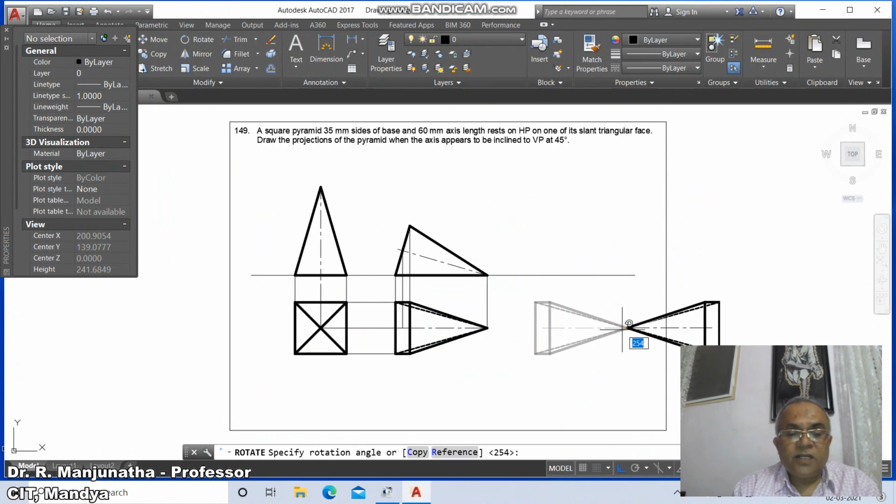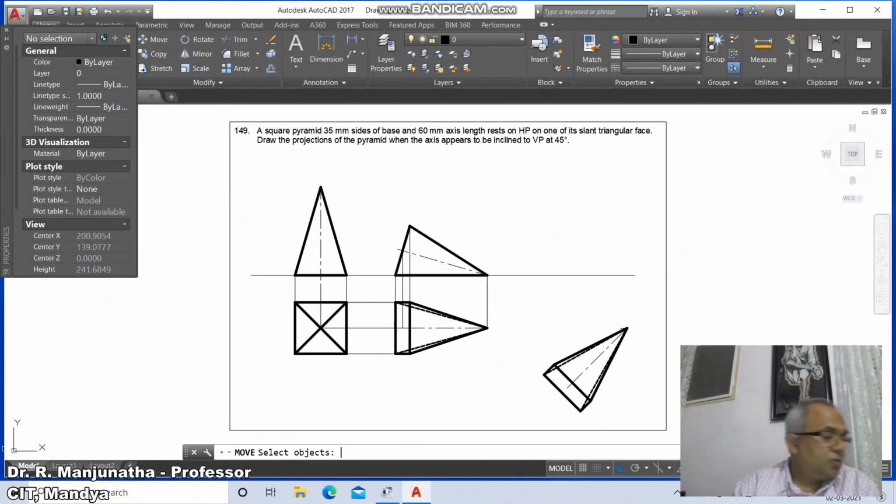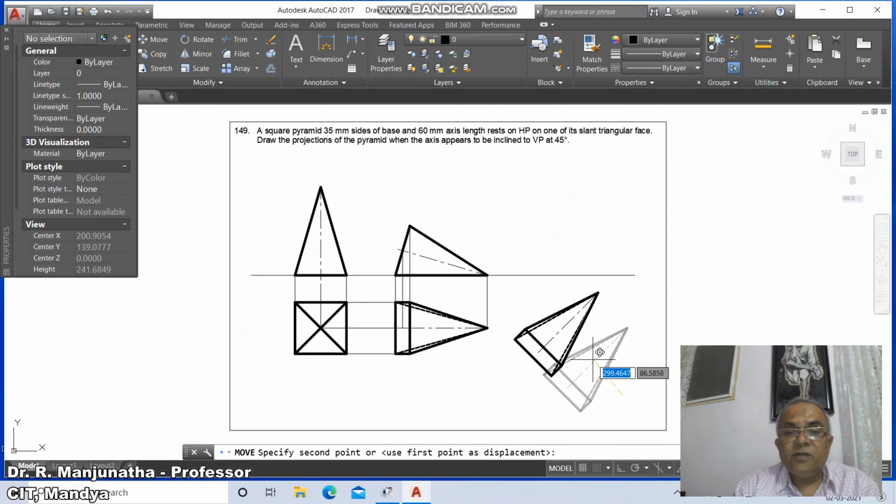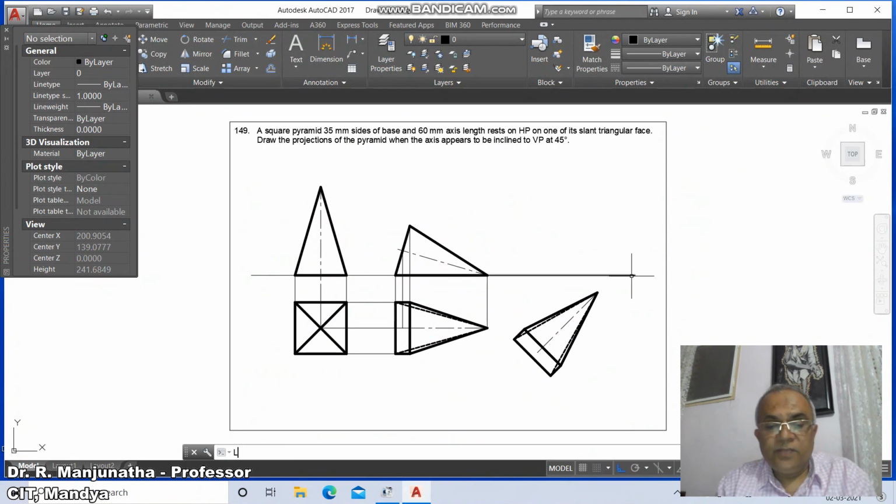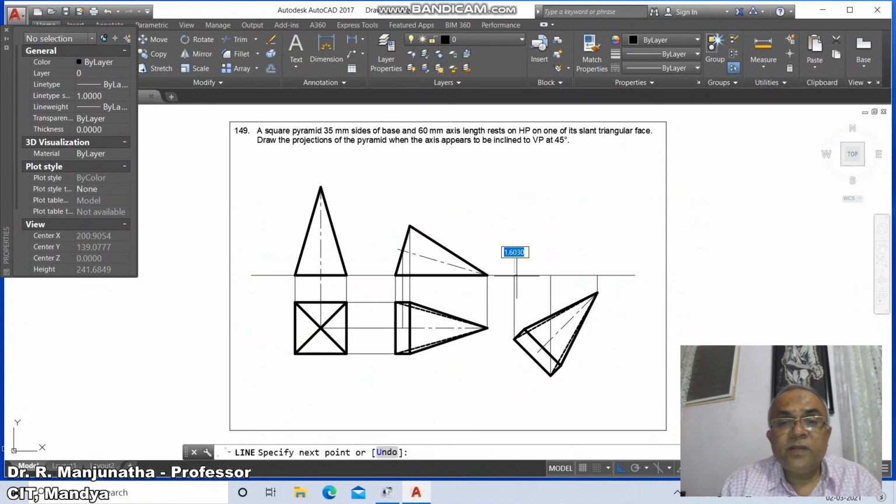and then go to rotate, select this, take the intersection point of this and rotation angle as 45 degrees, then go to move, select this, switch off the ortho mode, specify base point, you select this, and then go to line, take int of this and draw perpendicular to this, then go to line, int of this and draw perpendicular to this, to line, int of this and draw perpendicular to this, then go to line, int of this and draw a horizontal line, go to line, take in front of this and draw perpendicular to this,